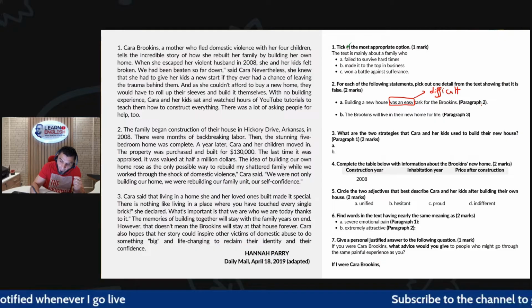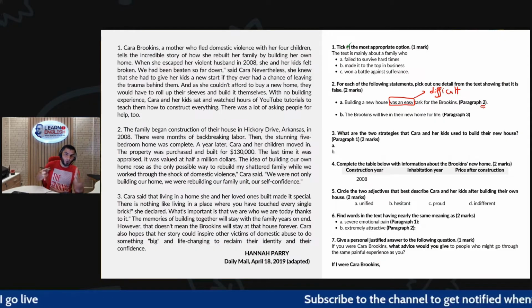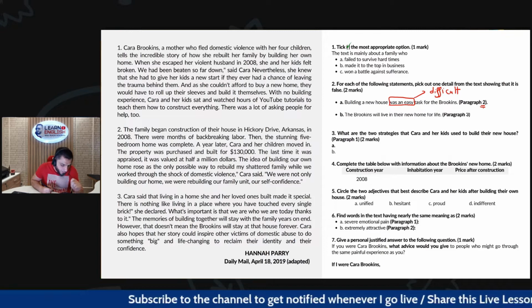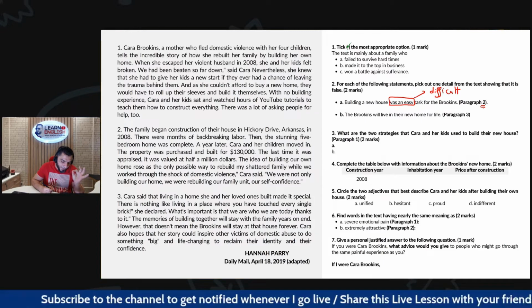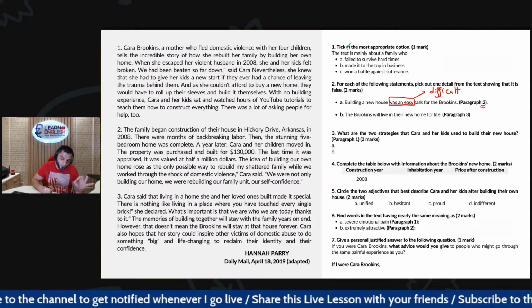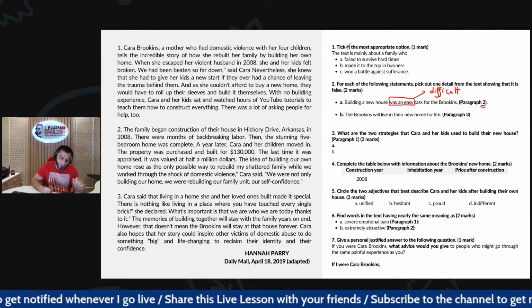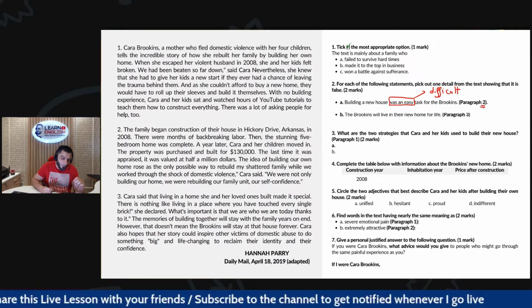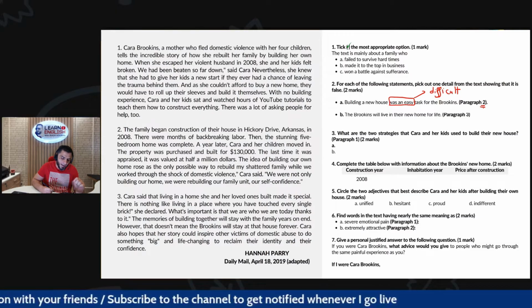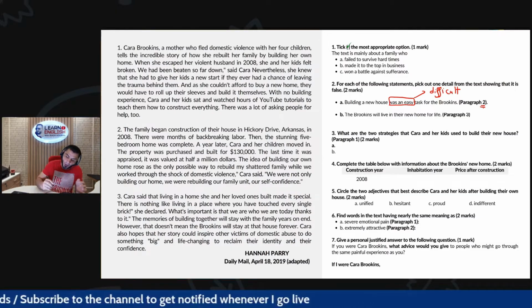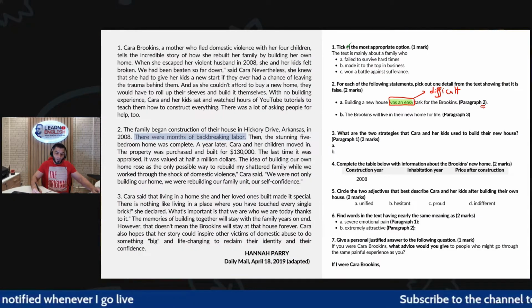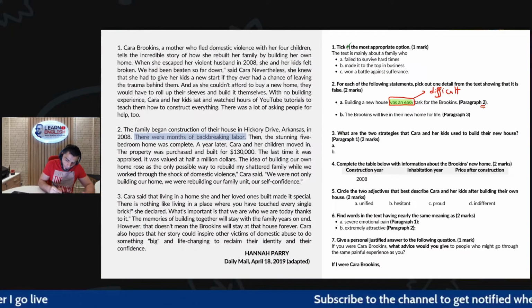So let's go to paragraph number 2. I don't have to read the whole text, I just go to the second paragraph. Let me read. The family began construction of their house in Hickory Drive, Arkansas in 2008. There were months of back-breaking labor. So this is my justification. So I have here